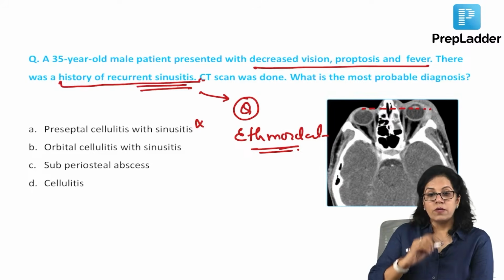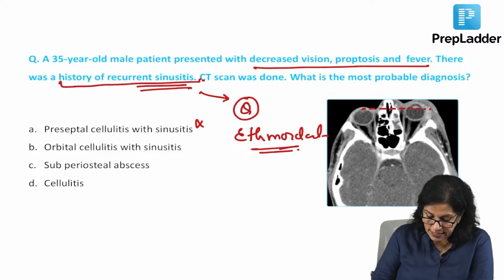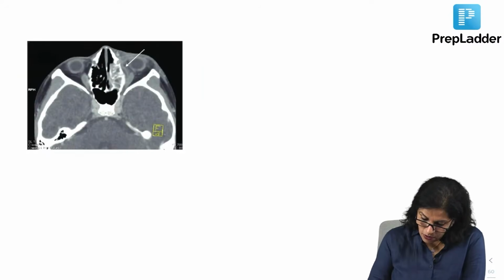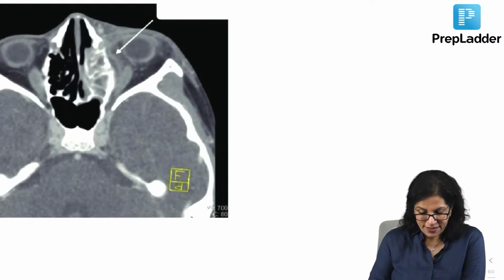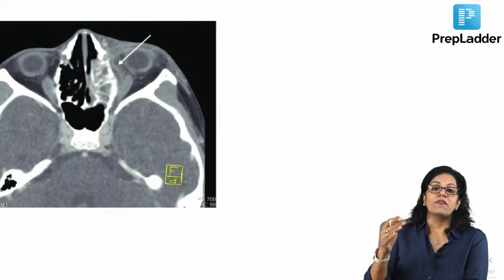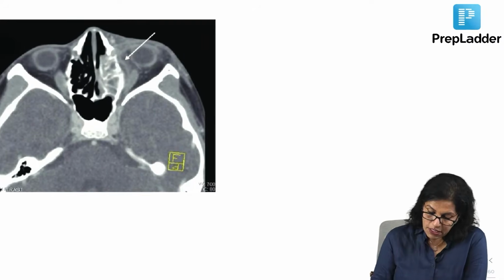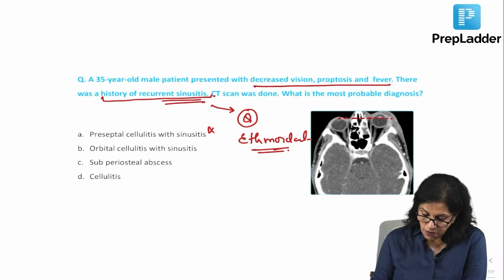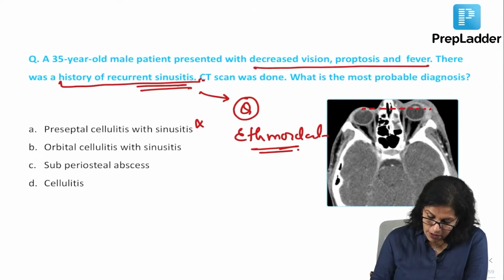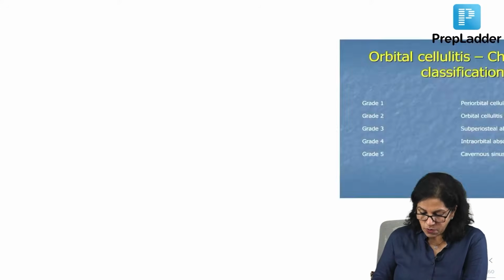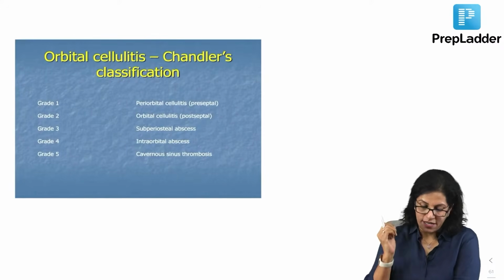Now, I think there has always been a debate and confusion between orbital cellulitis and subperiosteal abscess. What have you all answered here? See, this is how a subperiosteal abscess will look. Okay? And so, the answer will depend not only on the history, but on whatever image has been given to you. If the image has been this, then the answer is subperiosteal abscess, but the image is this one. Therefore, our answer becomes orbital cellulitis with sinusitis. Yes. Okay, and remember it is most commonly ethmoidal.